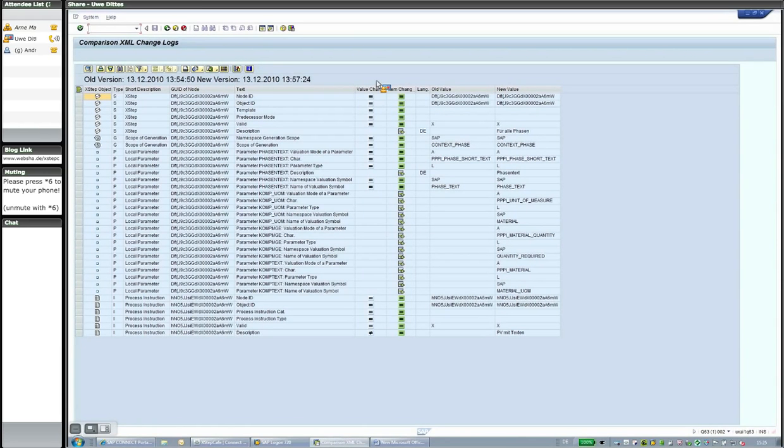Then you only have a value change. It could also be that we drag and drop an Xstep node from a lower part of the branch to a higher part of the branch. Then almost all of the parameters remain at their same values, but the position changed, and this is also indicated